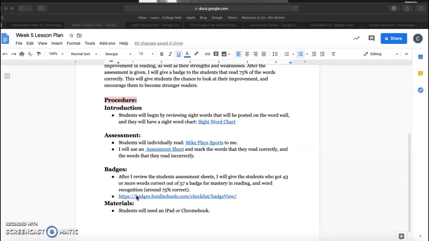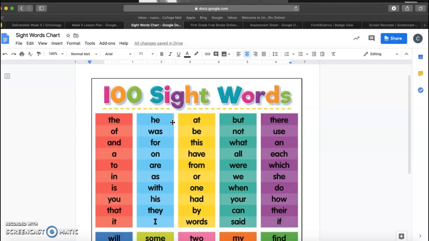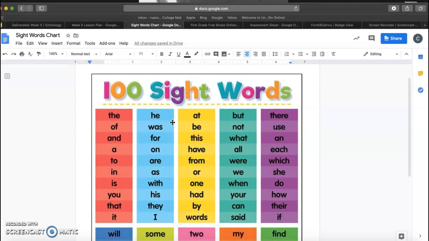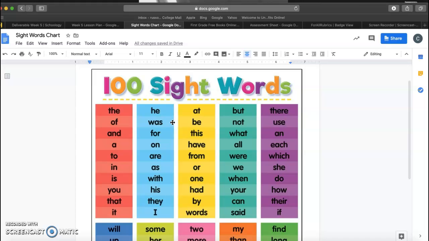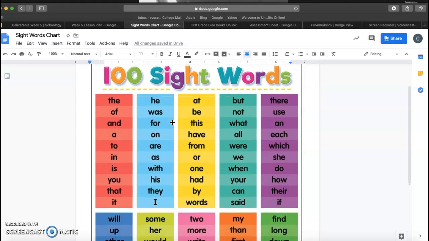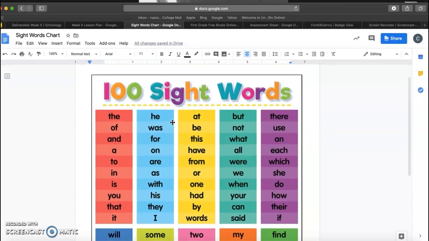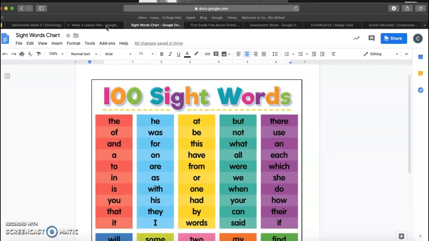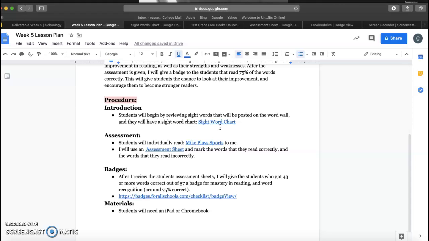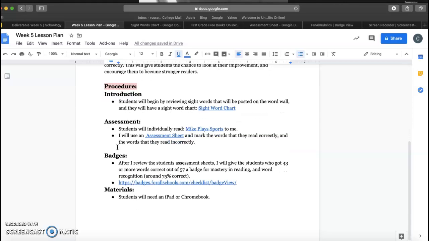The class is going to begin with them looking at a sight word chart that is in the classroom, as well as they each individually have one. That way it is easily accessible for them at all times. But these are 100 sight words that they should all know as of where they are in the class right now. So after the students take a look at their sight word chart, they will then move on to the